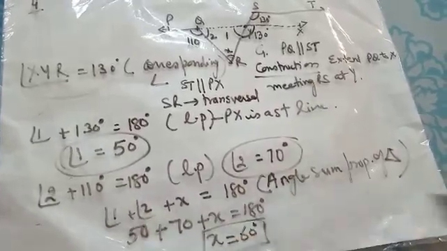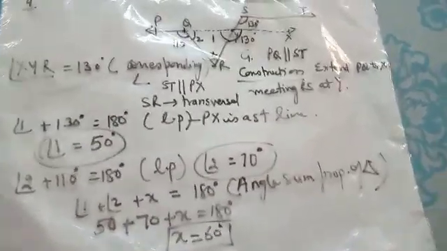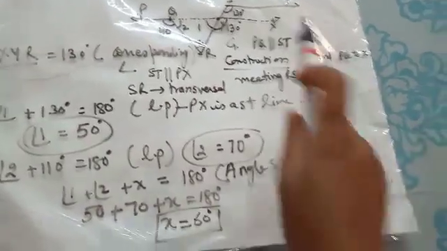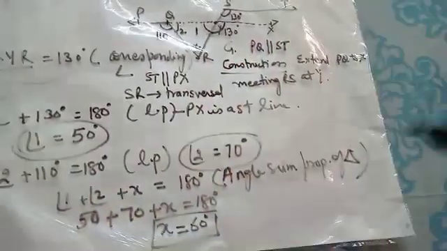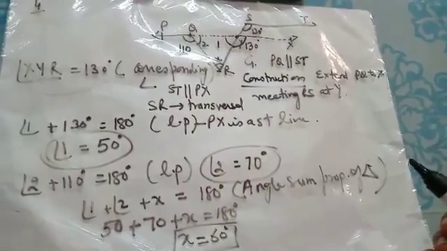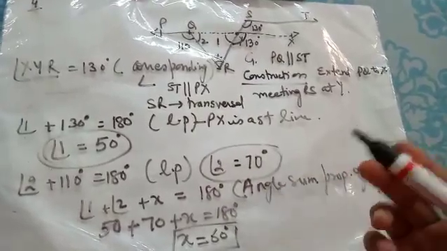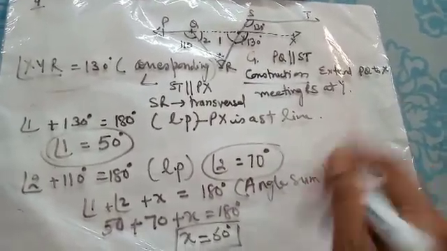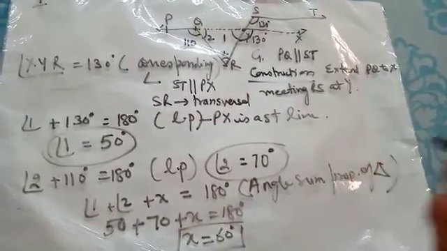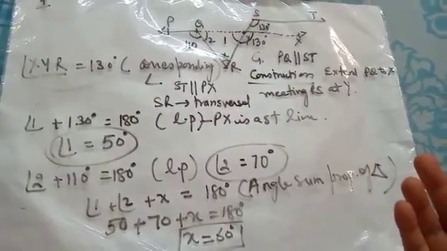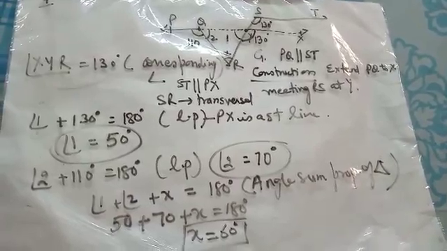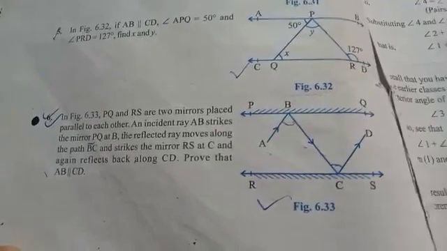Now this is how you have to do the question. When we are doing such questions, you have to keep in mind that this is one of the constructions which I have done. Maybe you can think of another construction, maybe another way of finding out the answer. This is only one way and you can try your own ways to get the answer for your question. Now we are discussing question number 6 of NCERT.